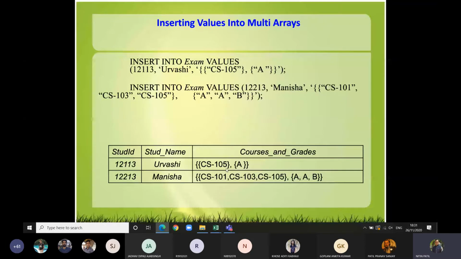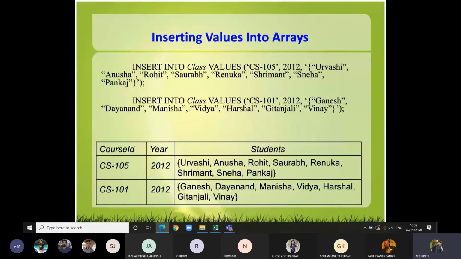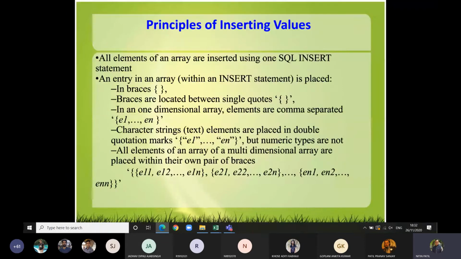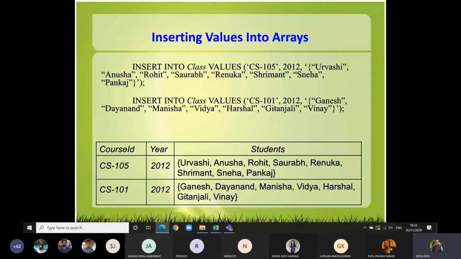You can try these instructions. You can type in these ones, while I will be uploading the video soon. Till that time you can have screenshots of them and try inserting the values. Let us take the first screenshot for your purpose. This is the first one, how exactly you declare an array. Take a screenshot of this. Then try this on your Postgres window. Now the second would be this insertion, how you insert the values. Take a screenshot of this as well.